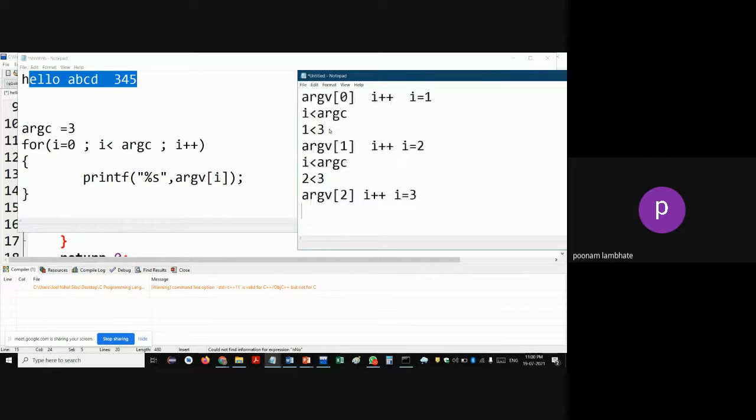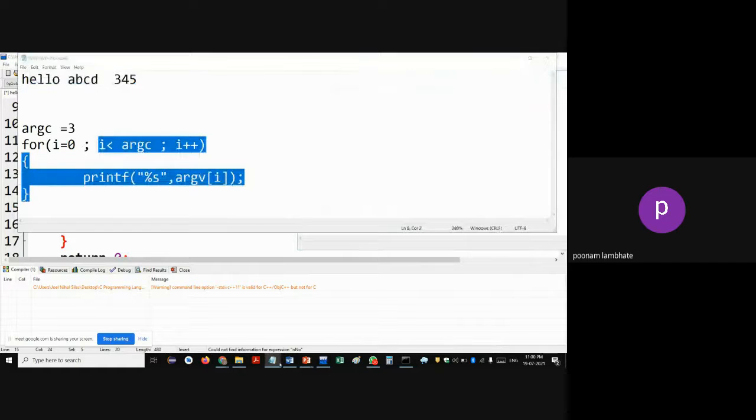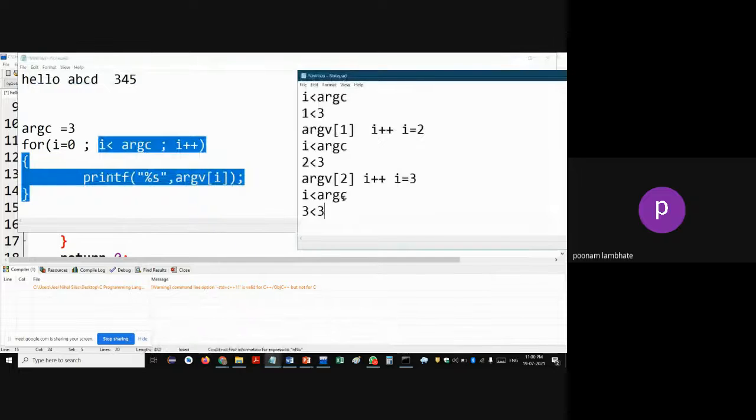3. Now we'll compare i with argc. But what is i now? 3. And what is argc? Also 3. 3 less than 3 is false. So the for loop will get terminated. So what all have you been able to print now? You have been able to print